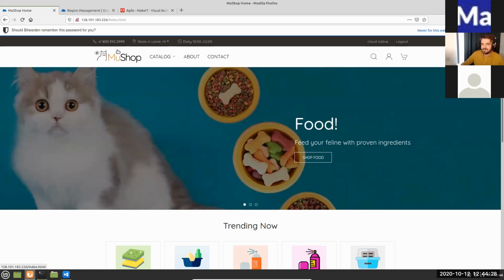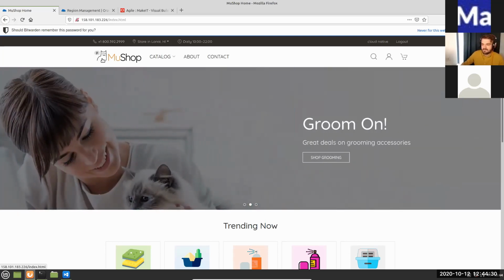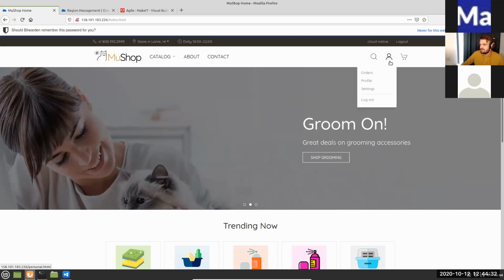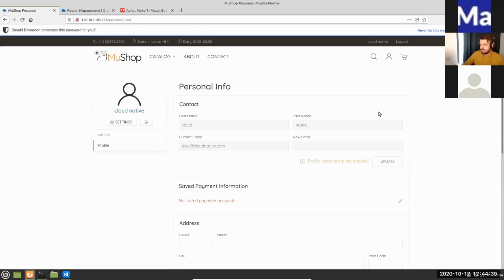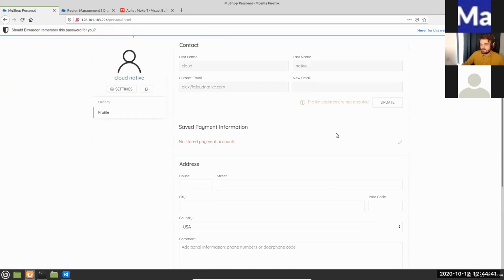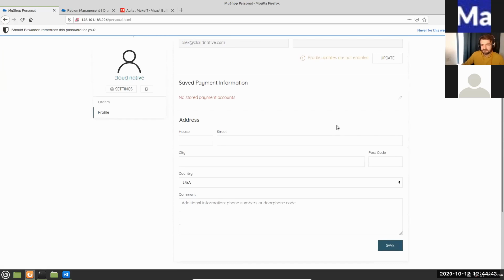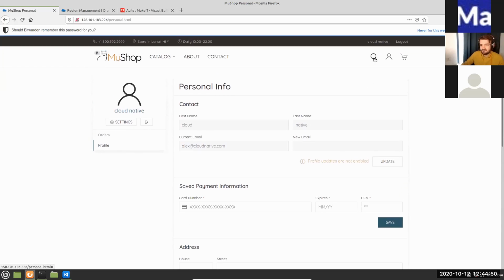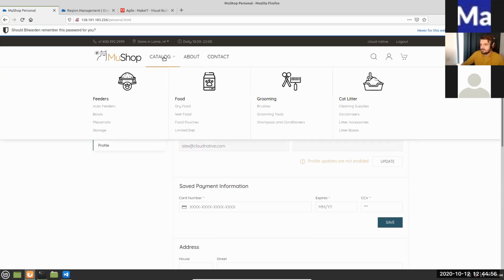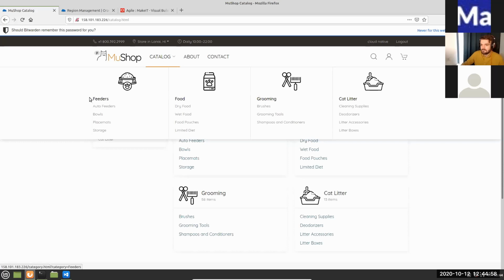There is also another thing we're going to cover about the naming, but getting back to the application, we have an e-commerce application where you can see your profile. I can scroll to see my personal details. I can enroll an address for shipping. I can add payment solutions in the application. I have a search option to search for specific products if I'm looking for something very specific, or I can go to the catalog and explore the products we have.